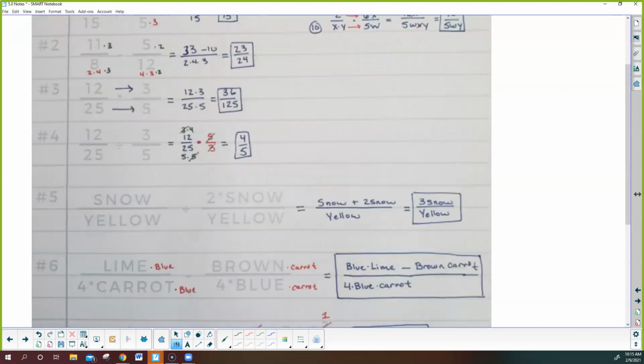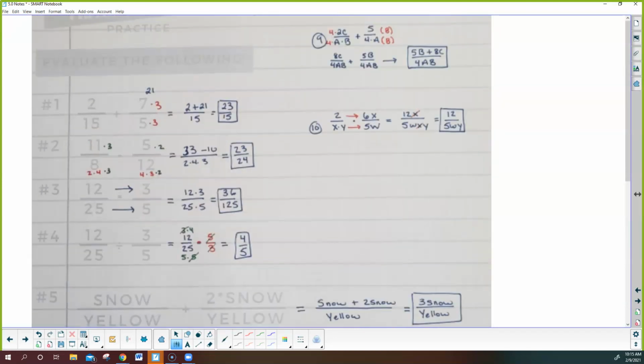All right, and then 9 and 10 I had to rewrite up here. This is more like what you're going to see. We're not going to do real words, but we've got variables, and the words are basically the same thing as a variable. So when I do this, I notice that I have a 4 over on this side, 4a. Well, this needs a b on the left side, and I need a 4 on the right side to get the same denominators. So multiply the right by b, the left by 4, and then I've got the same denominators